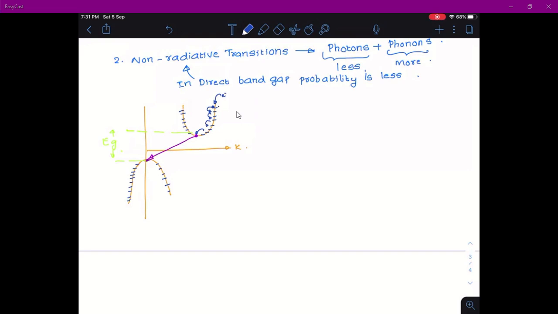Now when the electron moves from higher energy to lower energy, but the energy difference is less, the energy difference should be emitted somewhere, and this will be emitted as a phonon. So there will be multiple phonon emissions when the electron travels from the top of the conduction band to the bottom of the conduction band, and this process is called thermalization.